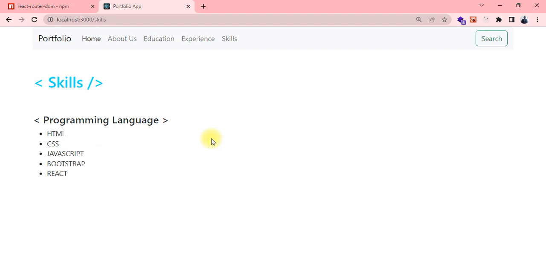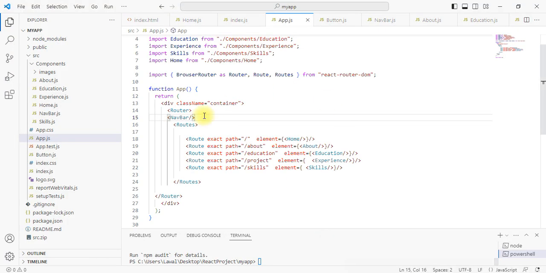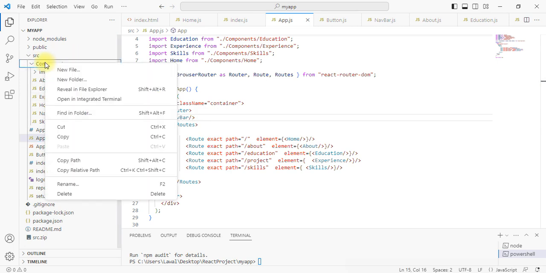So with this, we have moved the application from a single page to a multiple page application. It is still an SPA as per the concept of React, but we changed the navigation so that it only renders a particular component at a point in time rather than displaying everything, and we are now navigating through bookmark links. If you want to add a footer, for instance, we just go to our components,